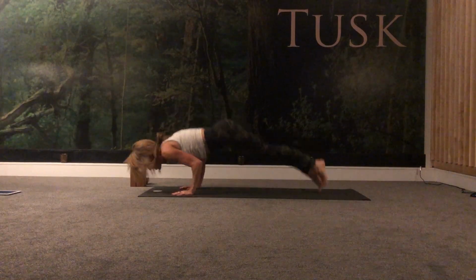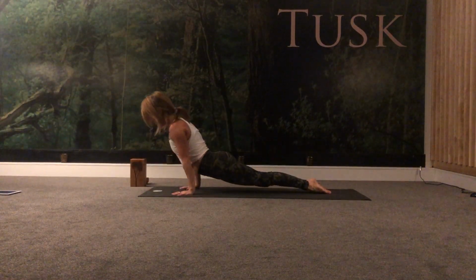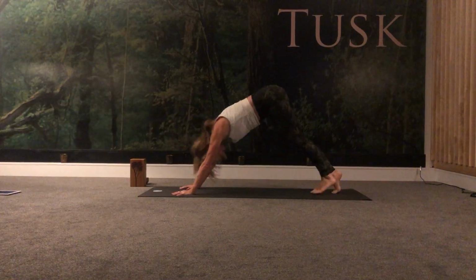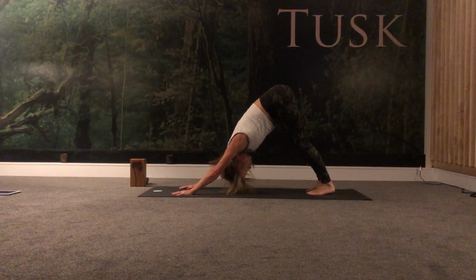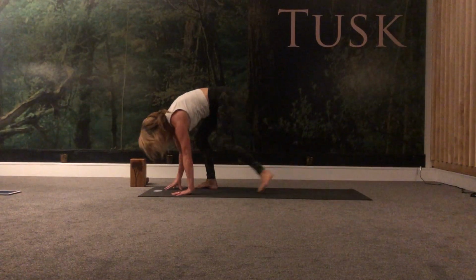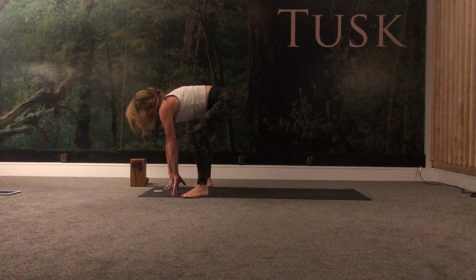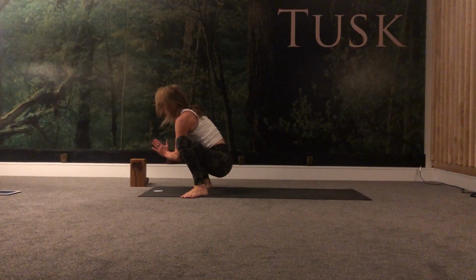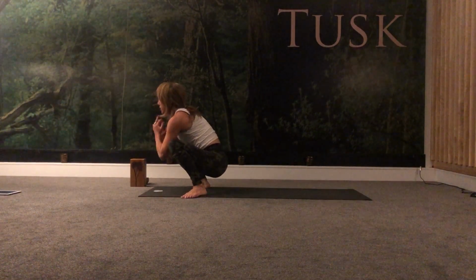Do a little jump back to Chaturanga. Inhale, open the chest, shoulders back, gaze up. Exhale. And bend your knees, look forward, step, hop or jump to the front of the mat, and we'll come back into our Malasana, dropping the sit bones down, elbows, or triceps, in front of your knees. We'll take 3 breaths, lengthen your spine,